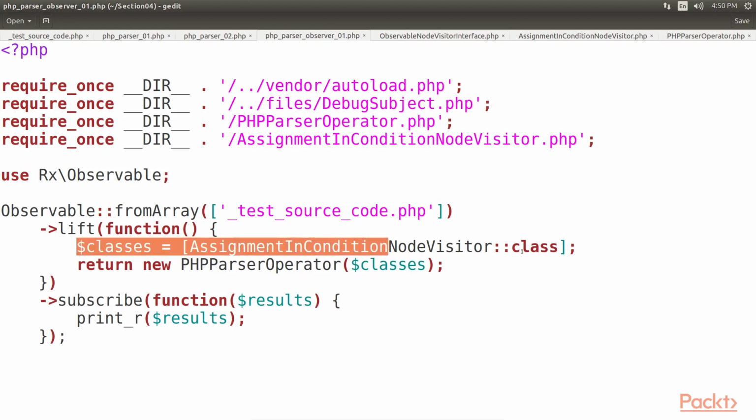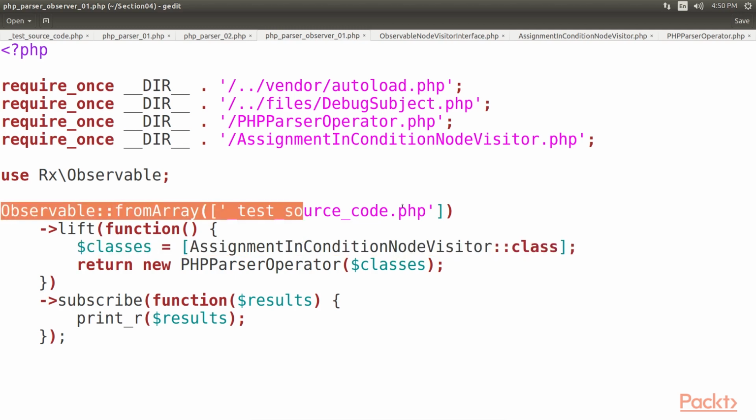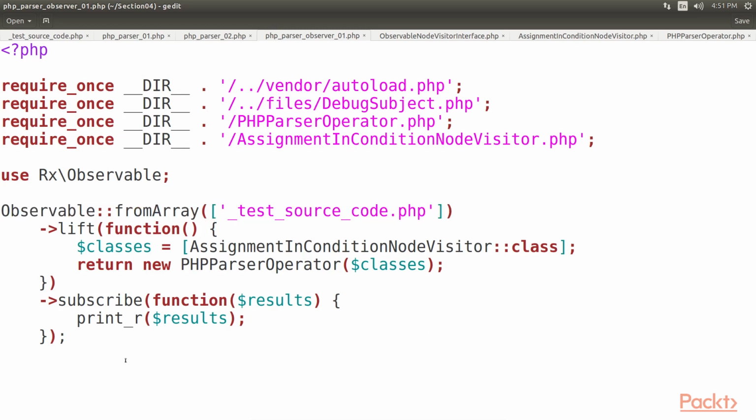This class takes in its constructor an array of classes that will be added as node visitors to its internal node traverser. As an input, we are using a primitive array of file names that will be emitted by the source observable. The observer will then receive just an array of code style violations reported by each of the visitor classes. Since we want to be able to add any number of custom node visitors that can check anything they want, we need to be able to collect all their results and re-emit them as a single value by